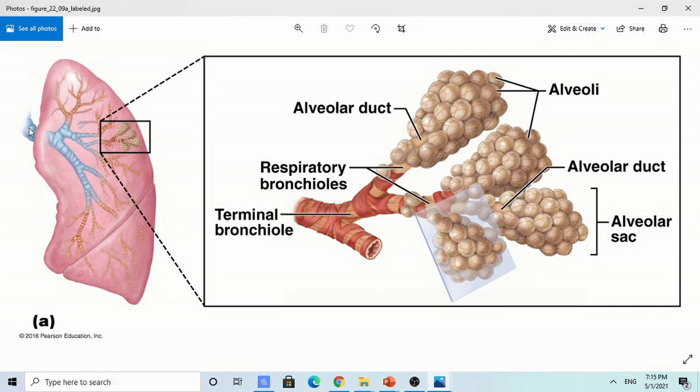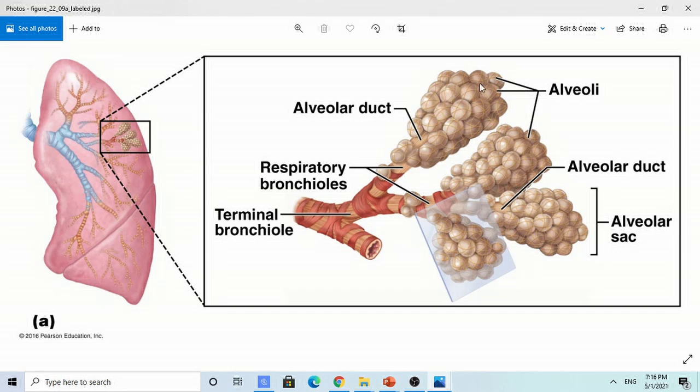The bronchial tree consists of divisions into primary bronchi, secondary bronchi, tertiary bronchi, and further subdivides into terminal bronchiole, respiratory bronchiole, and alveolar ducts. As you can see here, the alveolar ducts are surrounded by alveoli, which are small, thin-walled, hollow organs, kind of balloon-like structures,